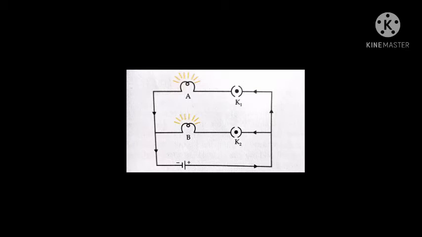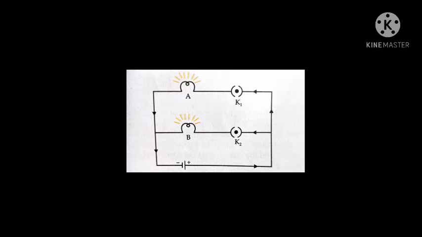In the parallel combination, the appliances work independently. Due to this reason, all the circuits are connected in parallel in our household wiring system. Every appliance when switched on works independently without disturbing other appliances. For example, when you switch on a fan in a room, the other appliances like tube lights and AC installed there are not disturbed. That is, they remain switched off. So it means that all the circuits in our houses are arranged in a parallel combination.